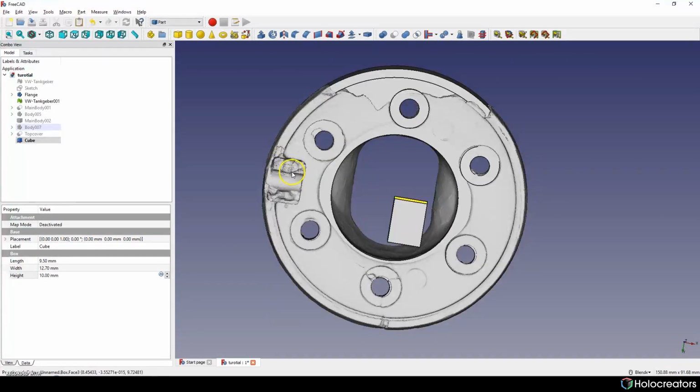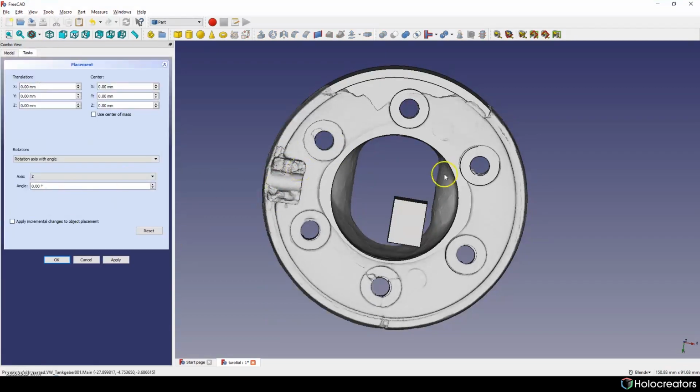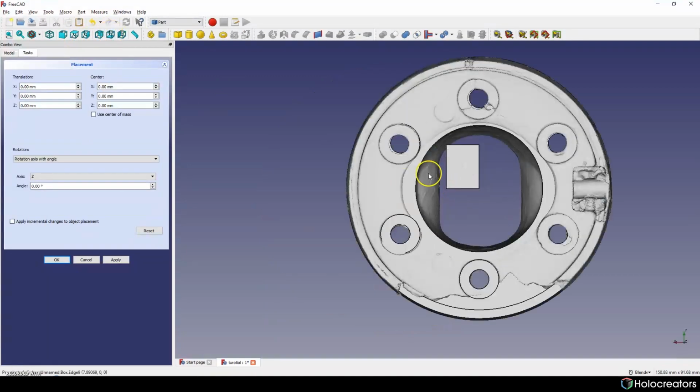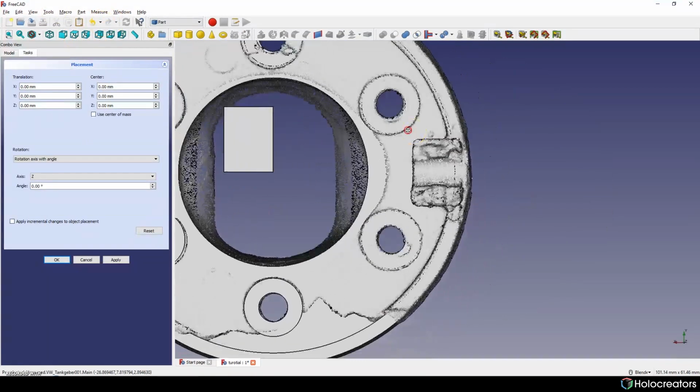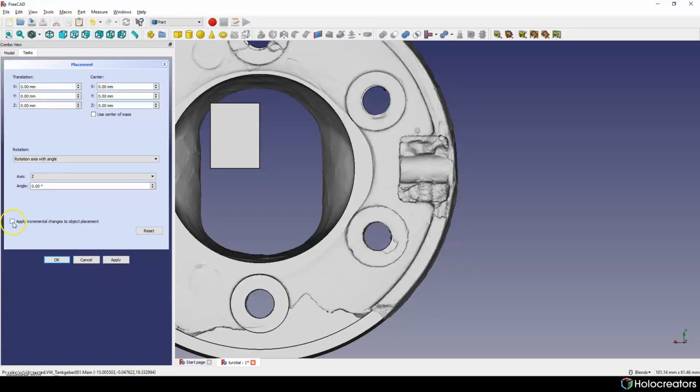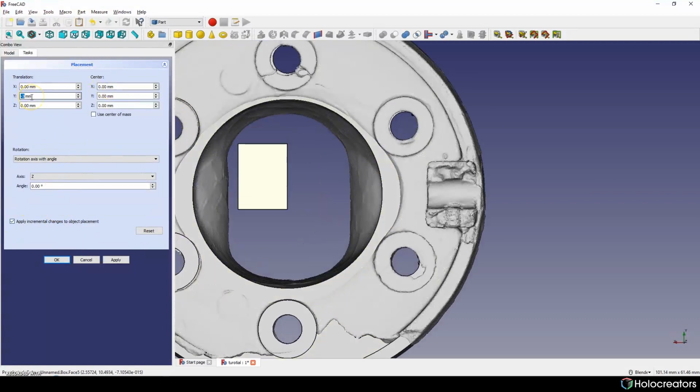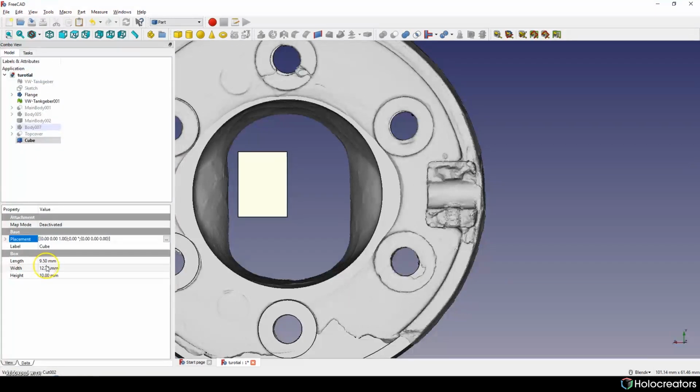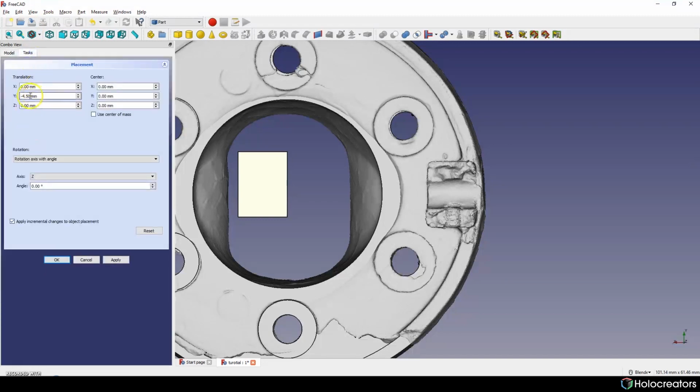Next we have to place this thing here, and to do this we go into placement. Also we need bottom view, and basically we'll just put this in the right position. Here I think we need 4.5, or it should be 12.7 divided by 2 to be correct.